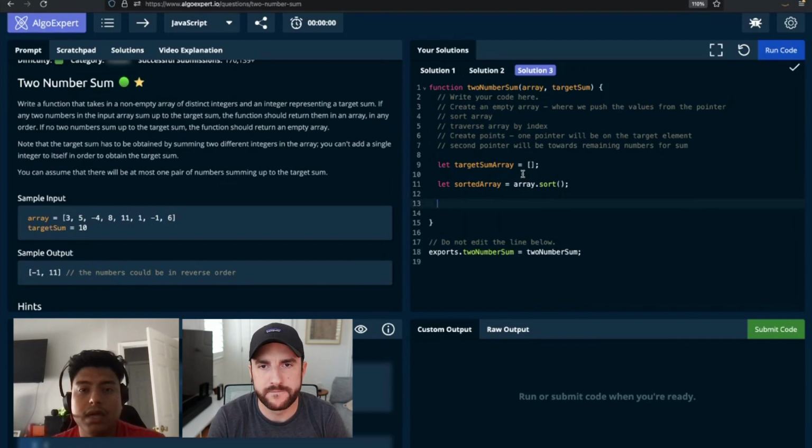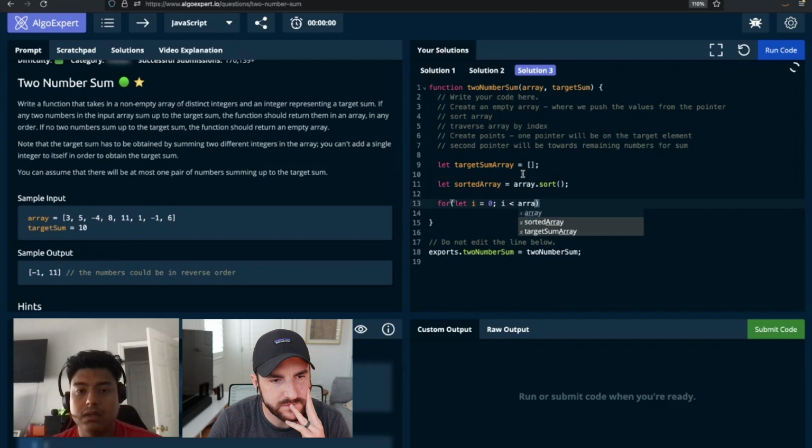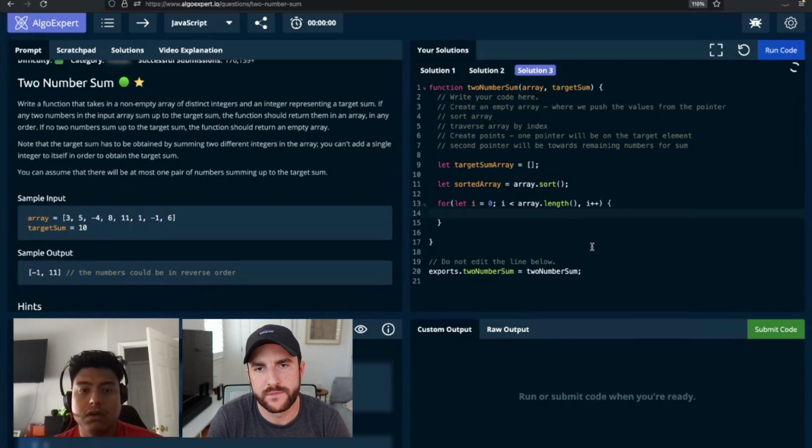So now I guess we can do a for loop here. We'll do a for, let i equal 0. We'll say while i is less than array dot length. So it's going to keep doing the for loop while the index is less than the length of the array, correct? And then we're going to do i plus plus. And here we're going to go ahead and start doing the